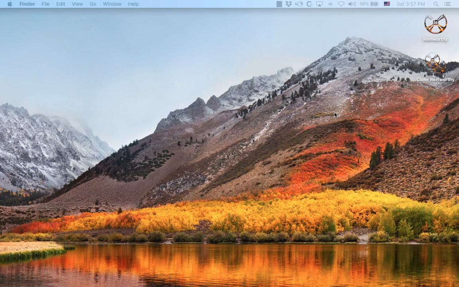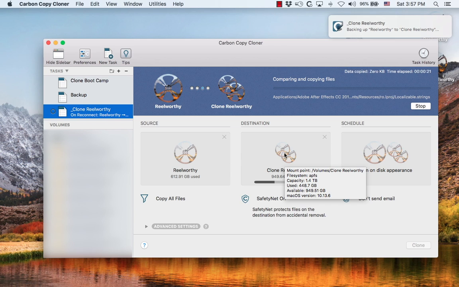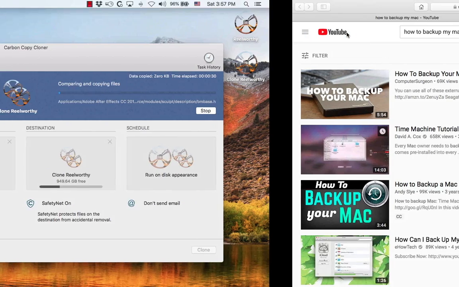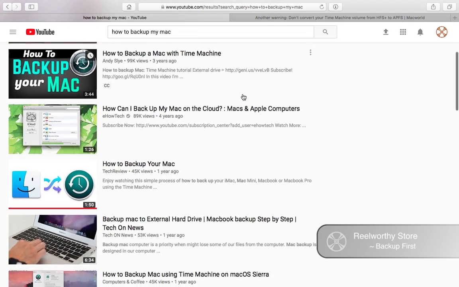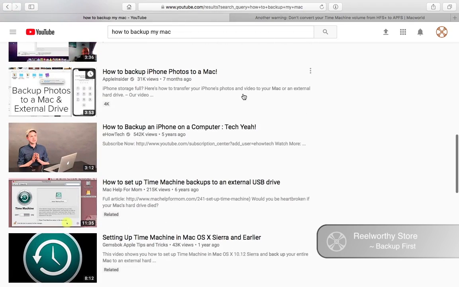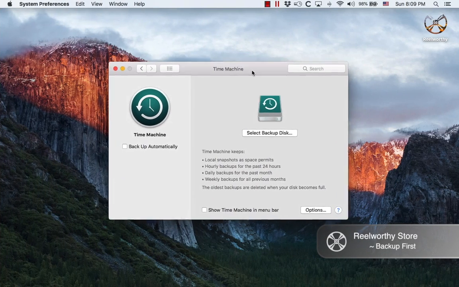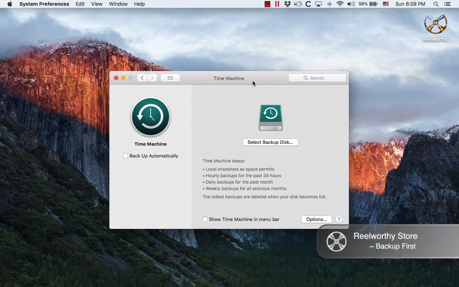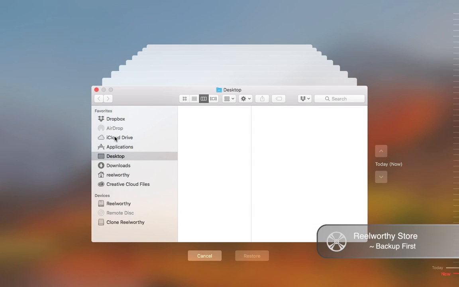Backing up your Mac is an essential first step when doing anything out of the ordinary with your Mac operating system. Backing up is your responsibility, and there are many ways to go about doing it, and tons of great tutorials online. We're not here to provide a tutorial on this subject, but to help point you in the right direction. You could use Apple's Time Machine app, which is super user-friendly and integrated into macOS, but can be difficult